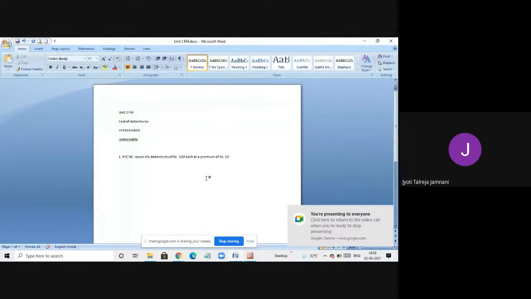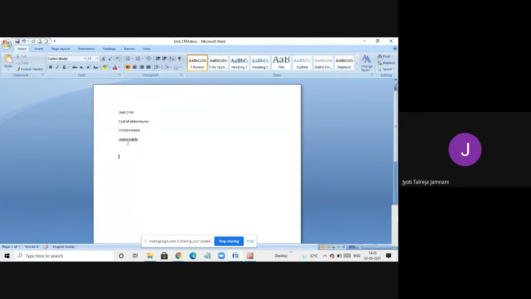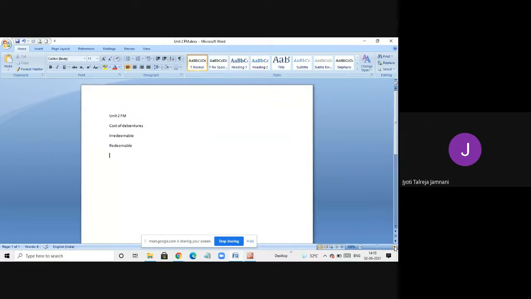So we are going to do sums on cost of debentures today. In cost of debentures there are two types, redeemable and irredeemable. Irredeemable are the ones where you don't have the time period, the n value is not given, so that means they are there till the company is there. They are not going to be redeemed or repaid, so they don't give you the end time. So you don't know whether the debentures are for 10 years or 5 years or 8 years. They are irredeemable, no timing is given.